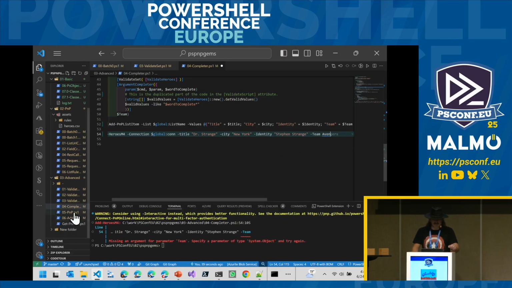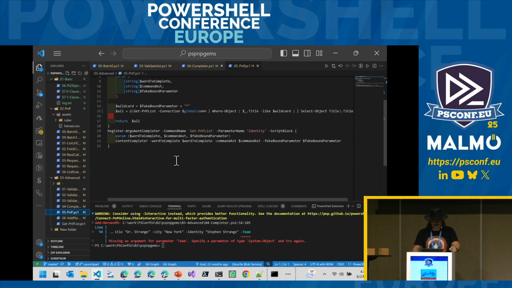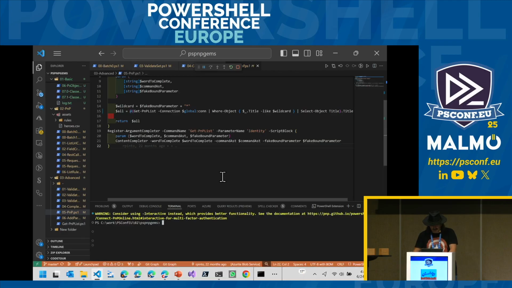You can have this kind of validation within your code. One of the things that we did for extending the PnP itself is that we can do a completer for the lists. Let's see if this happens. This actually works. And if I do Get-PnPList